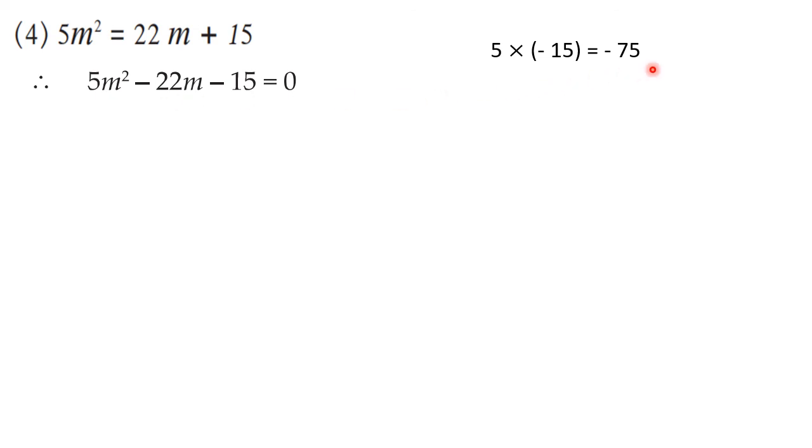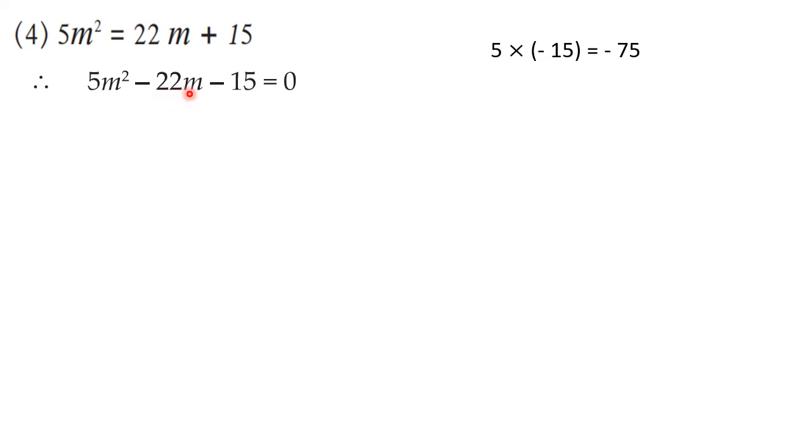Two numbers whose multiplication is 75 and difference is 22. Now for 75, you have various factors. Like you can see here, 15 5s are 75. Then you have 75 ones also. So there are various factors. But since the difference is 22, it is very clear that one number is greater than 22. So think of the numbers in which 75 comes and that number should be more than 22.